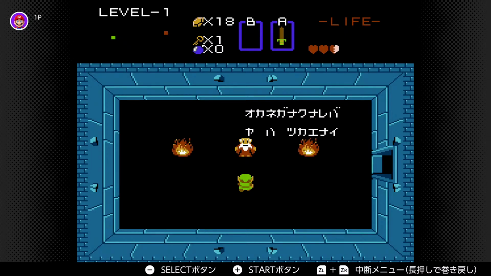The ba is one of the ways to say if slash when in Japanese. So this first part means if you lose, literally it becomes nothing. If the money becomes nothing, so if you don't have money in this case,